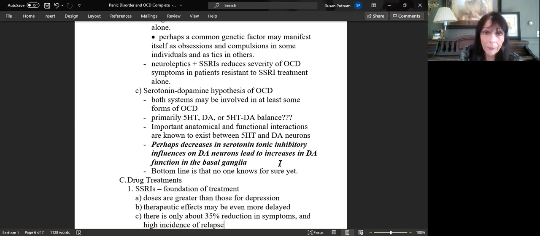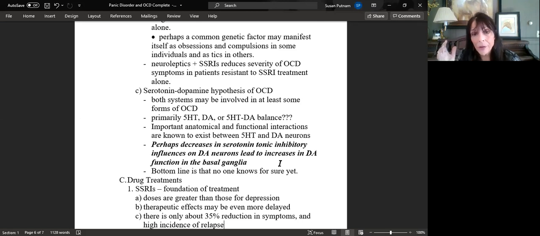And just as a reminder, serotonin performs so many jobs in our brains, and one of its jobs in certain areas is to kind of hold down the dopamine neuronal activity. And when you take away that inhibition, those inhibitory influences, maybe because there isn't enough serotonin there, you end up with more dopamine being released and acting on receptors. And thus, you could potentially have these behavioral symptoms.